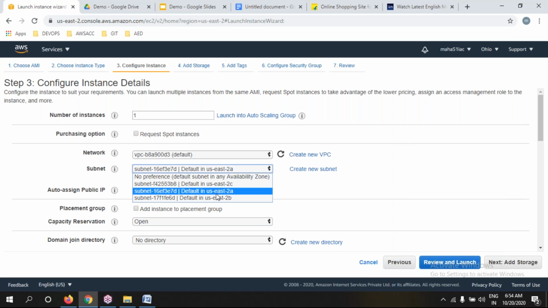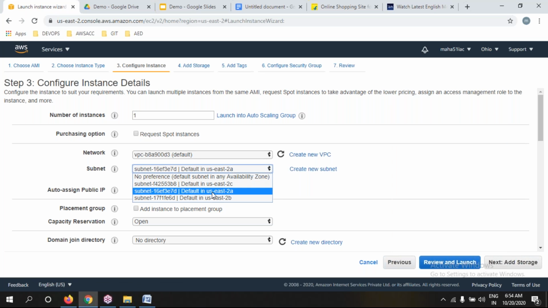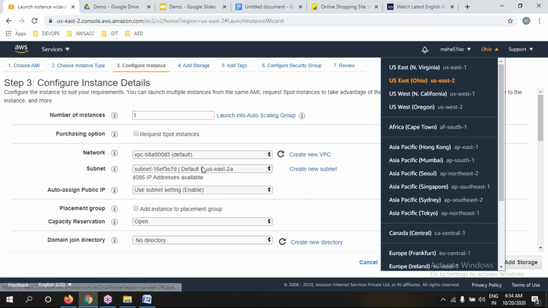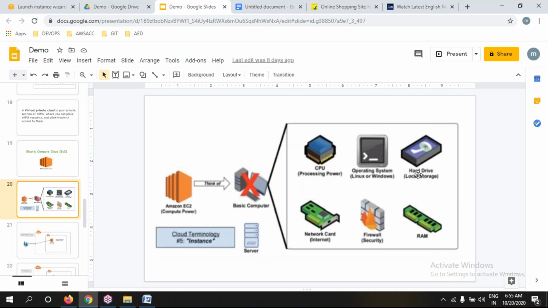Those 3 buildings physically exist. In the same way, in the US, these 3 data centers physically exist. One of the data center names is US East 2A. On top of it, with CPU, hard disk, and 1 GB RAM, I'm going to create 1 EC2 server.